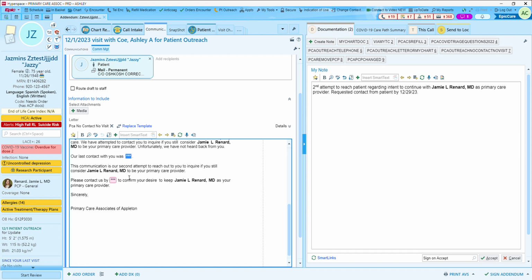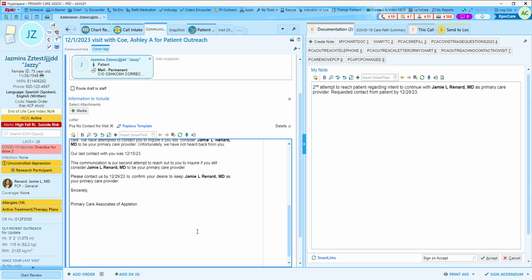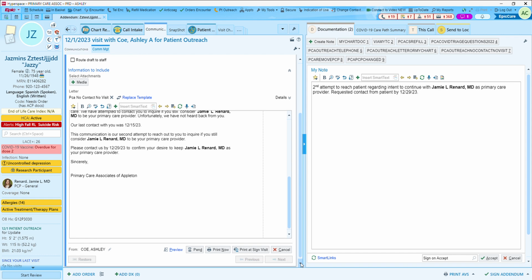Okay, in here we will say that we last contacted the patient. For this demonstration, it would have been 12/15/23. And then we say, please contact us by 12/29/23. And this letter indicates that this is the final attempt to contact them. If we do not hear back from them, we may be removing them from the PCP's panel. Okay, we will then print our letter